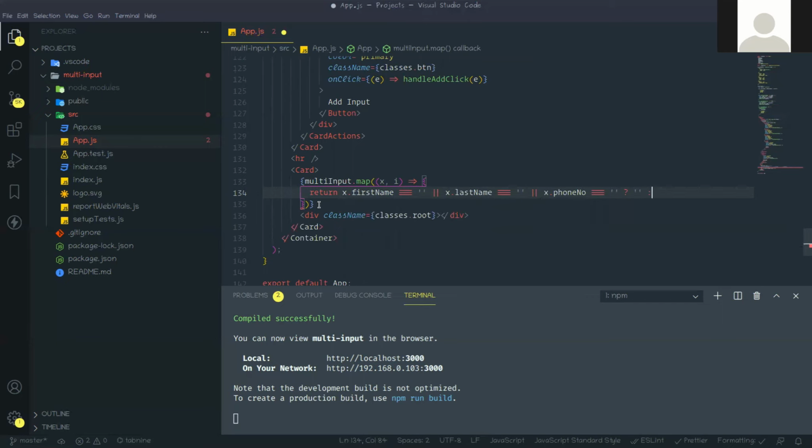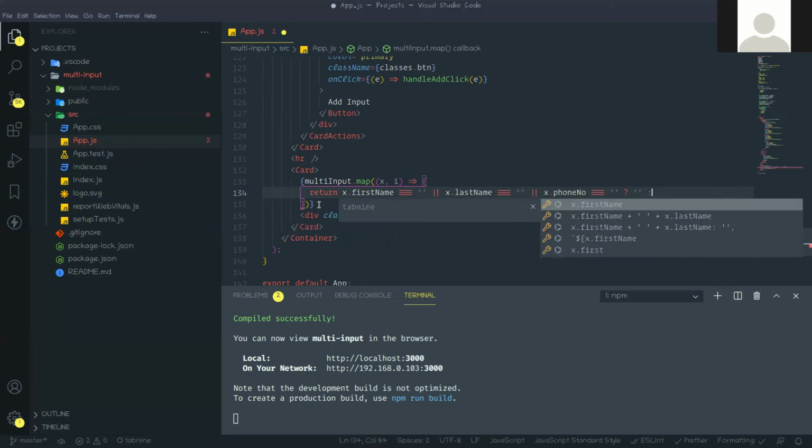If every value is blank, then we show blank. We are not showing any result. If all the values are present, then we will show the result.